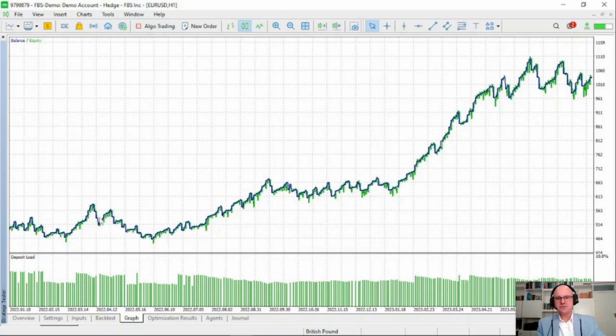All this means is using this aggressive set file, we were able to turn the $500 into $1,034 from the 10th of January 2022 until August of 2023. By using this adjusted risk sizing, where it's auto calculating our loss according to the risk percentage that we have set, you can take a profitable strategy like this and take it to the next level.